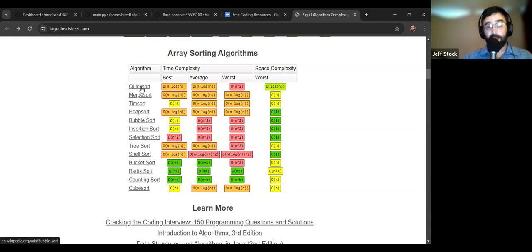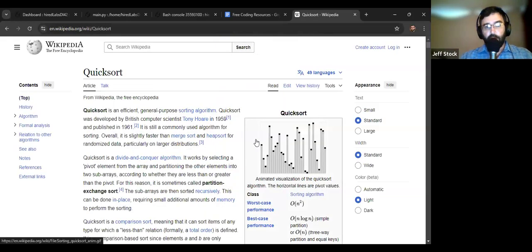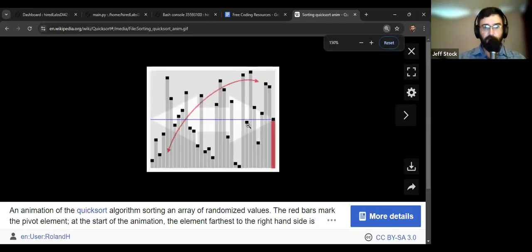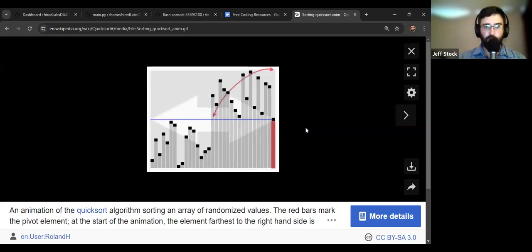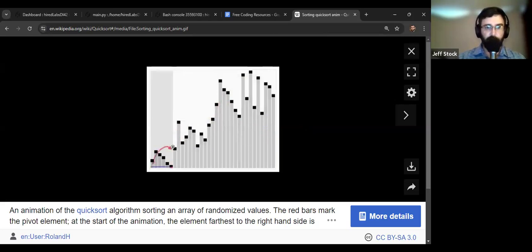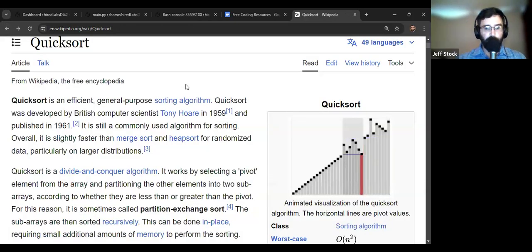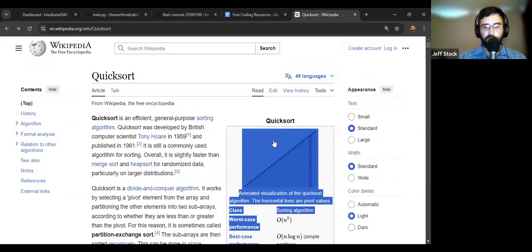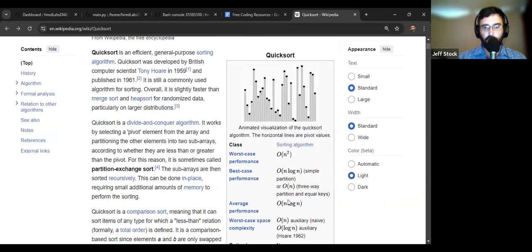What's really cool about this Big O cheat sheet is that all these are hyperlinked to the Wikipedia page, which has all kinds of crazy explanations. If you look over here on the right-hand side, and I'll click on this and see if I can make it a little bit bigger, it's got a cool little animation of the algorithm and what it's doing. If you like more visual stuff, this is quick sort, and it walks through what it says and what it's doing. Then of course you can read about this in probably more depth and detail than anybody would want to. But then here's all the things about its performance again. So we know this O of n squared. We've talked about that already. This is the Big O notation. So here it is over here on the right.